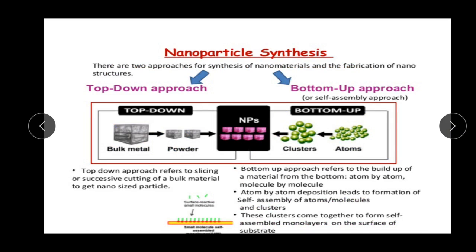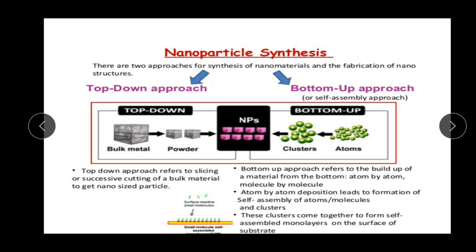Let us discuss nanoparticle synthesis, the top down approach and the bottom up approach. There are two approaches for the synthesis of nanoparticles and the fabrication of nanostructures. As we can see, this is the top down. In top down, initially the materials are in bulk form, then they are turned into powder. That powder is then fed into the synthesis process. Then you can get the nanopowders. The top down approach refers to the slicing or successive cutting of the bulk material to get a desired